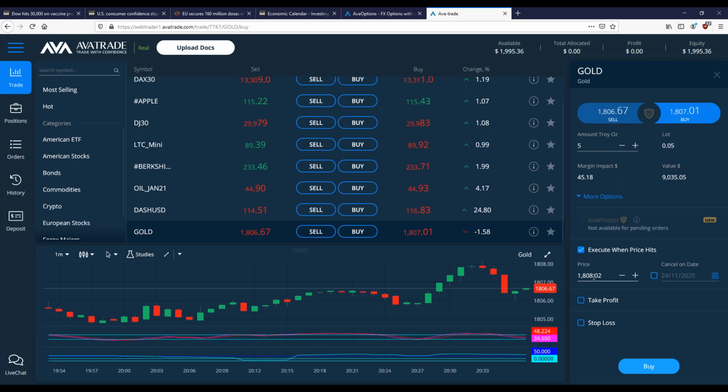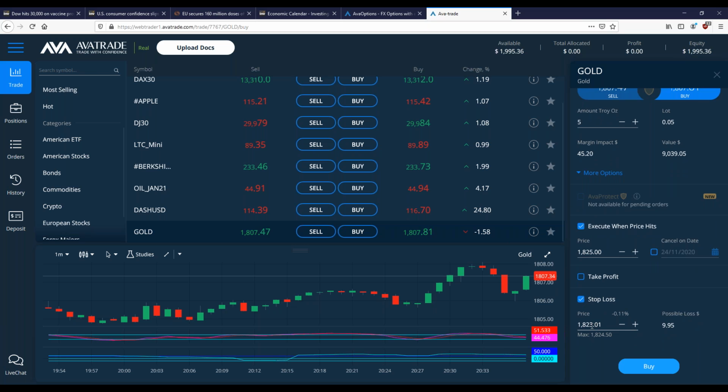So on the MT4, you have to be more technical. You have to know, okay, if I'm programming it to buy from a higher price, then that's a buy stop. If I'm programming it to buy from a lower price, that's a buy limit. On the web trader, you just say, okay, if it goes up to X price, whatever it is, 1830, 1825, whatever that line is that we drew, I didn't even make mental note. You'd say, okay, if it hits this price, then buy. That's it. You could put your stop loss somewhere below that, and it'll tell you how much you're risking.